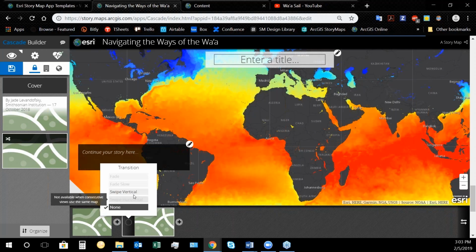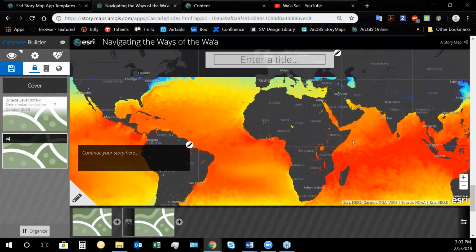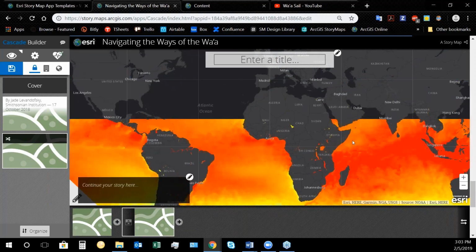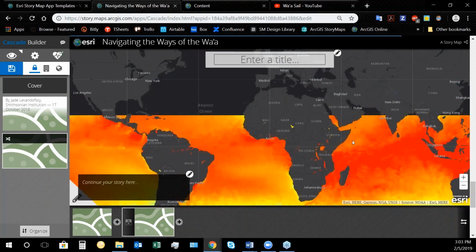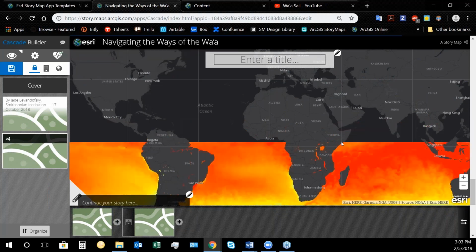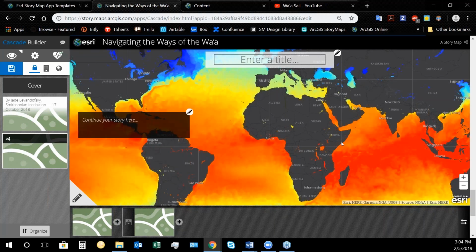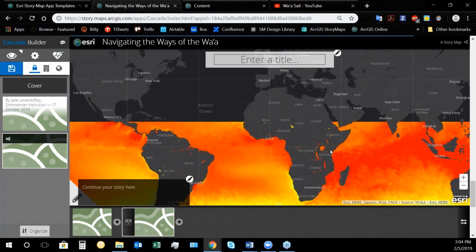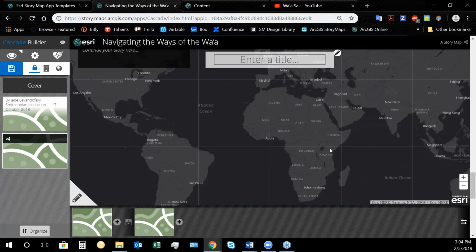When it comes to maps, I have one transition type, which is a vertical swipe, where I can show a comparison of, say, an area before and after a piece of information comes in, like you saw in the example of the Samish tribe.